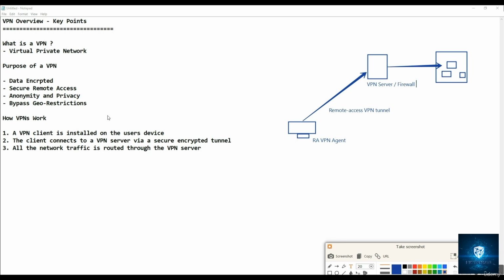And then the traffic is intercepted over here. All the traffic that you send on this particular VPN tunnel will be encrypted and hashed. All the traffic will be encrypted using the encryption algorithm, and hashed using hashing algorithms to maintain the integrity of the data. And once the VPN server or the firewall receives those particular packets, it could be done via certificate based